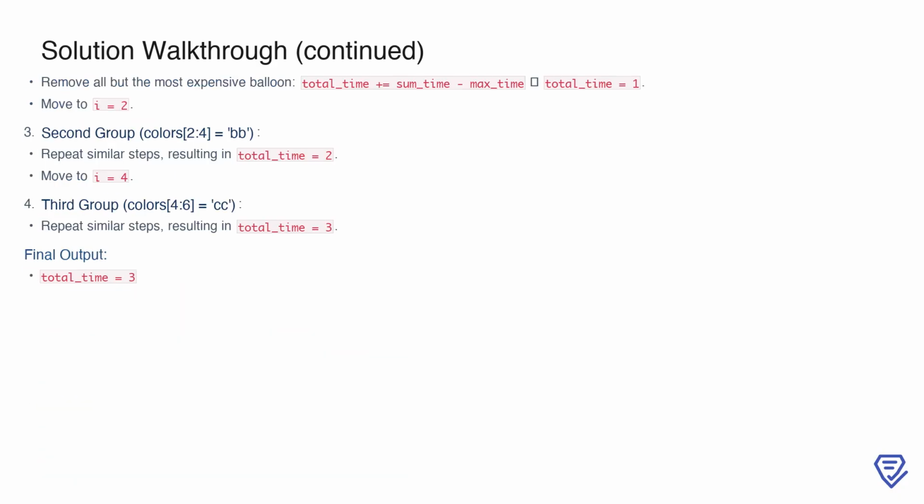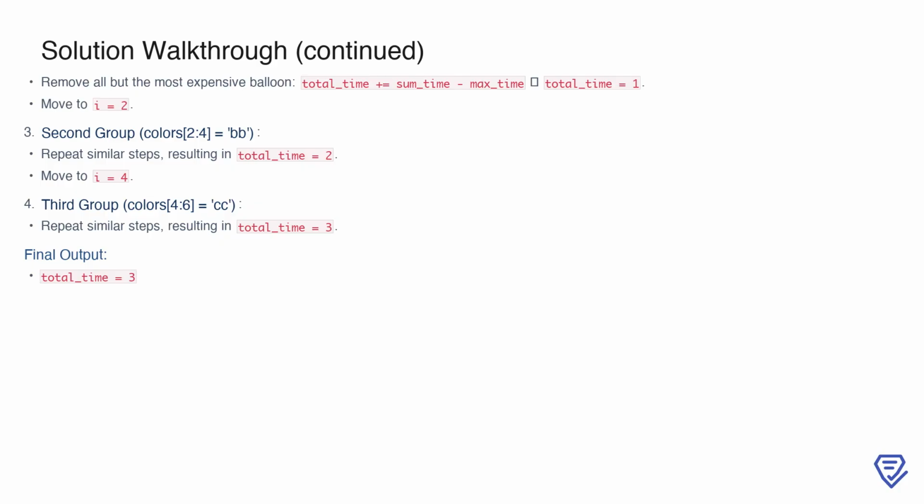For the second group of balloons, which consists of two consecutive B balloons, we follow the same process. After processing these balloons, the contribution to total_time increases by 1, making it 2. Next, for the third group, which consists of two consecutive C balloons, we again follow the same steps. After processing these balloons, the contribution to total_time increases by an additional 1, bringing the total to 3. Finally, after processing all groups, the total time needed to make the rope colorful is 3, which is our output